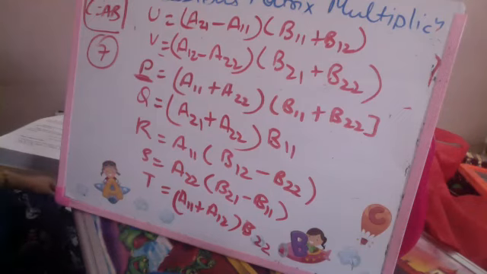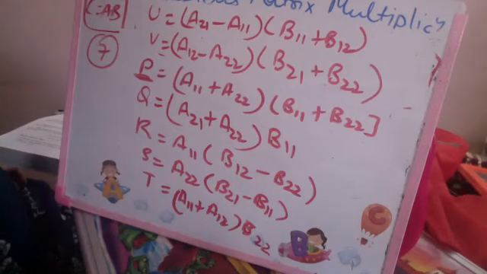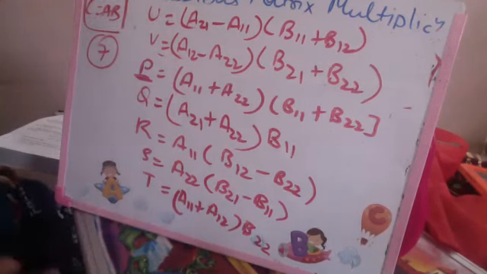If you all have noted down the formulas, I'll move on to write down the formulas of how we can compute C11, C12 and C21, C22 from these matrices. These are, say, 7 temporary matrices that I have created. From these temporary matrices, I will be creating the original matrix C which I